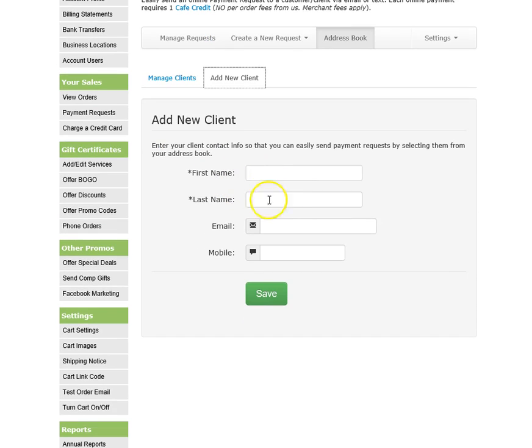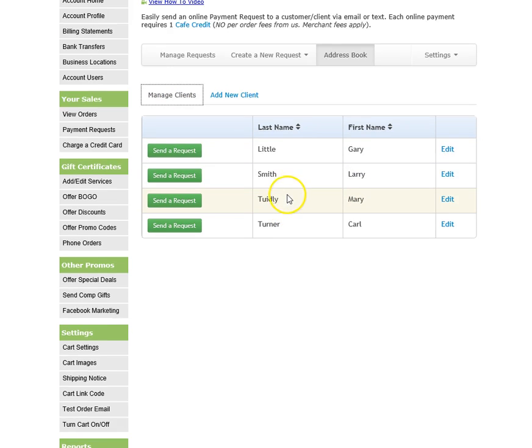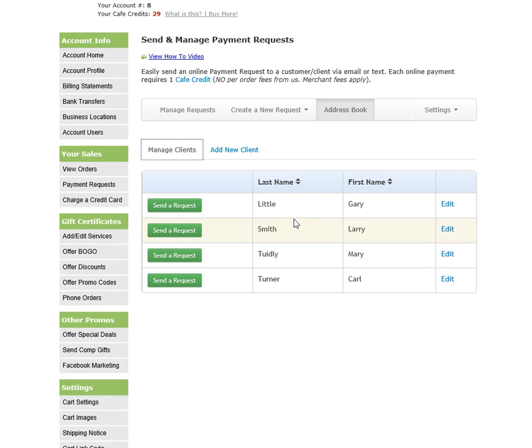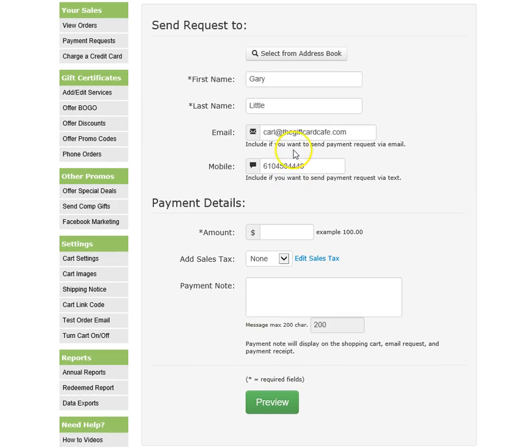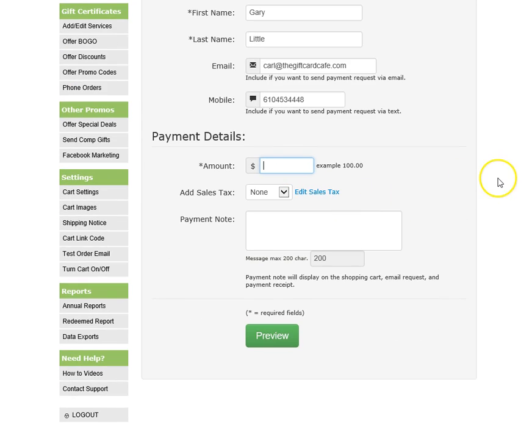Really easy to add: first name, last name, email, and/or mobile number, depending on whether you want to send things via email or text message. And this way they're always there if you send to repeat clients. So I'm just going to go back and click this guy again, Gary Little. It's already pre-filled. I'm going to put in